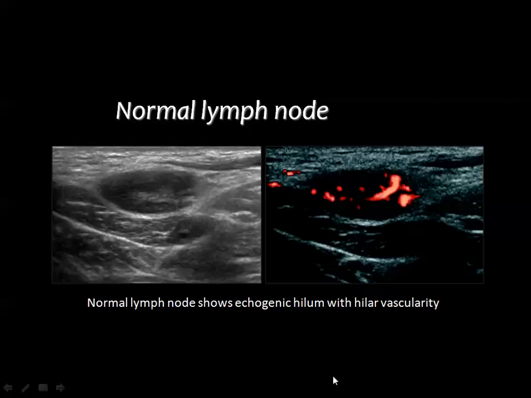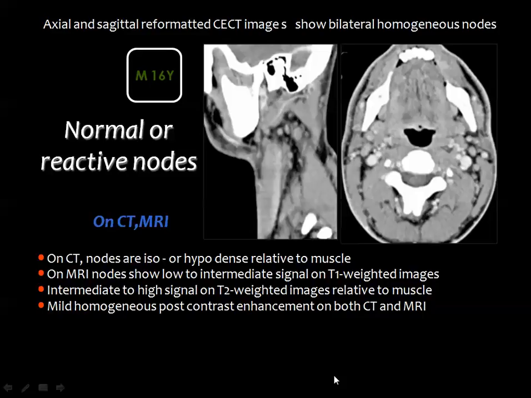And this is a good example of reactive lymph nodes in the neck. If you look carefully here, you see some nodes in the region of the submandibular gland, and some other small nodes deep to the sternomastoid muscle. And I want to say that these nodes should not be considered pathologic. They are usually referred to as reactive lymph nodes, since they are in the range of 1.5 centimeter and they